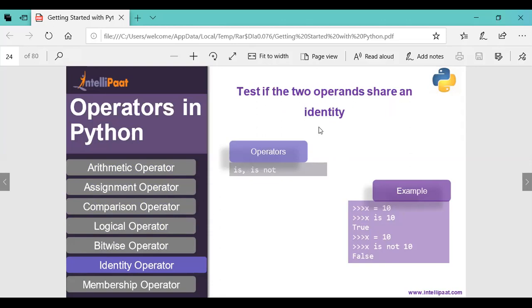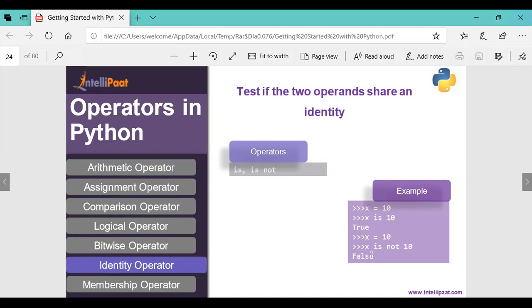The two operators are is and is not. Here we have x value as 10. If x is 10, it will produce true output. If x is not 10, we will get false output.